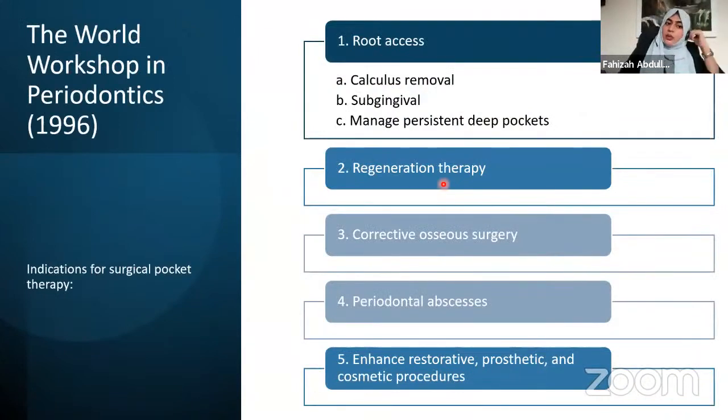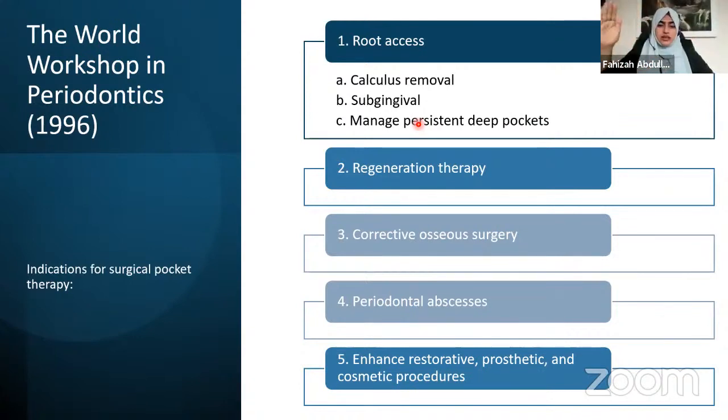So, according to the World Workshop in Periodontics, there are indications for resective osseous surgical pocket therapy: root access, to gain access for calculus removal or subgingival deposit, or even to manage persistent deep pockets. Then for regeneration therapy, as I told you, to do any kind of bone grafting, some amount of reshaping of the bone has to be done so that the bone graft can hold properly. And then corrective osseous surgery,